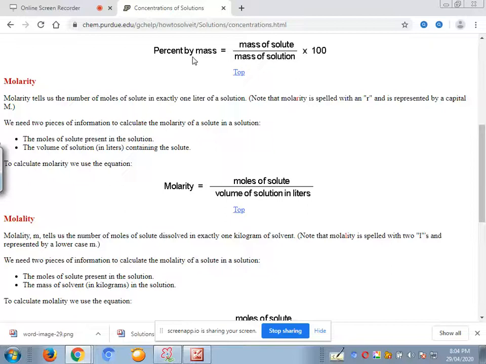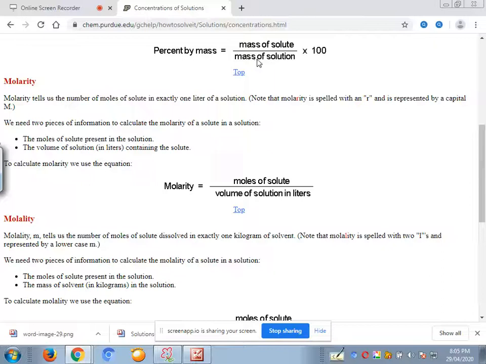The definition of mass percentage is the ratio of the mass of solute to the mass of solution. We know that a percentage is always given out of 100, so we multiply by 100. So mass percentage, or percentage by mass, can be defined as the ratio of the mass of solute